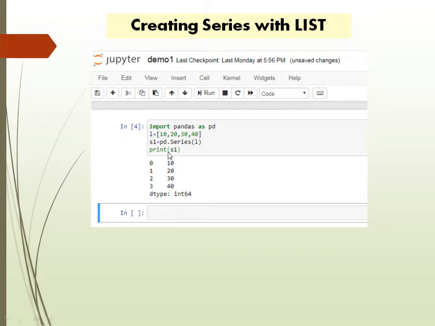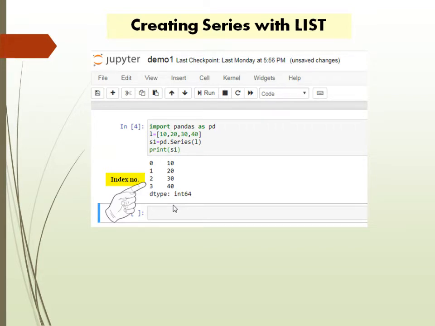When you print, it shows all the content in the next rows, like this. And the data type is always given, and its data type is int64, meaning integer values are there in the series. Clear? Let's see. These are the index numbers. I told you earlier 0, 1, 2, 3 are the index numbers. You are always going to see the index numbers.